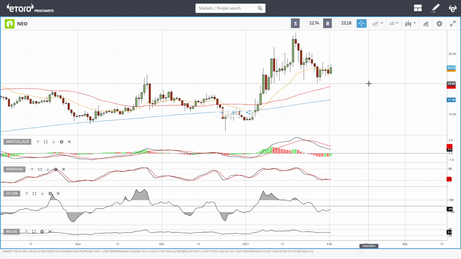So yes, but we are at 22 at this point, far away from 42,000. So it will be interesting to see what happens in this cryptocurrency going forward. Looking at these technical indicators, they look like they are ready to go to the upside. If we get another candlestick here above the 20 exponential, then we're heading to $25, and then to these previous highs here at $28.